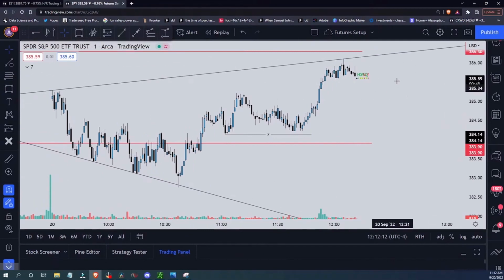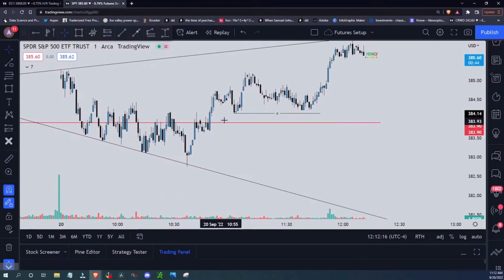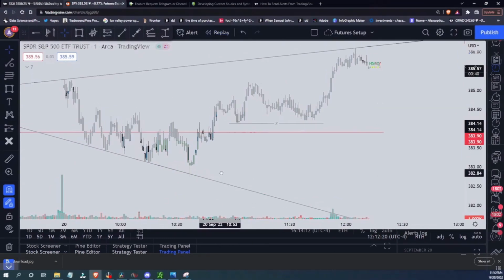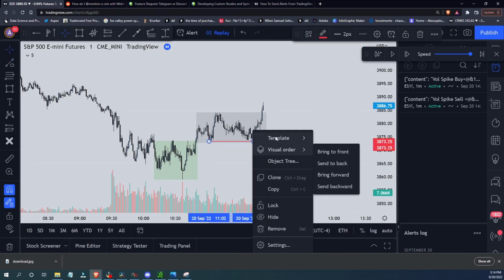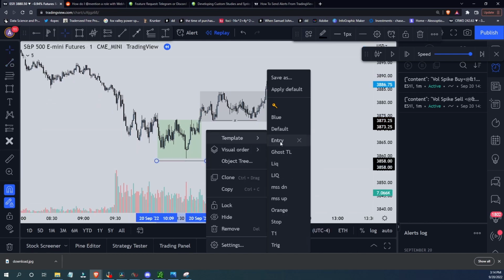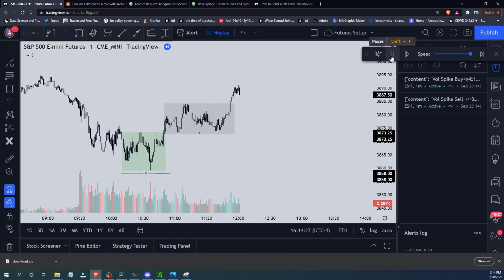If given a setup anywhere up here, which right now we're going to shoot around the 15ers, but I'd be looking at these, and then you have this imbalance down here and the lows of the. So now that you've seen that clip, you can see we were pointing at those lows, and the reason is the buy and sell models, you're always going to be targeting these as liquidity in the form of these lows and then under those lows as well when the sell model starts coming in. So if we now play this through,